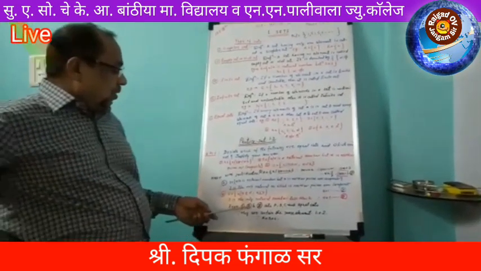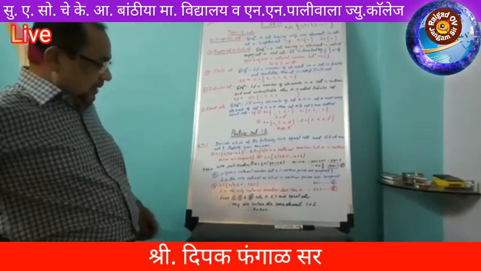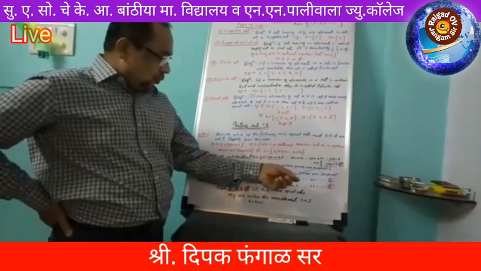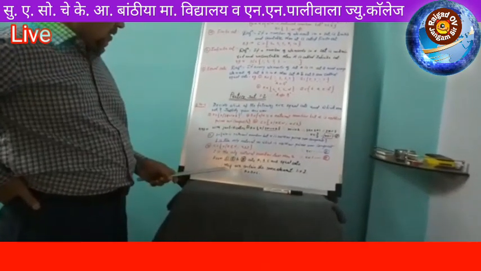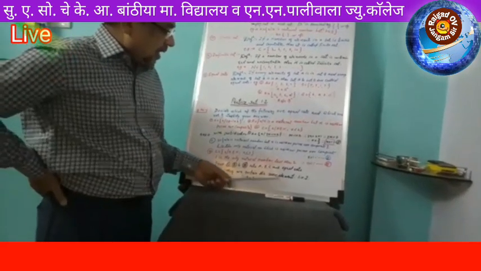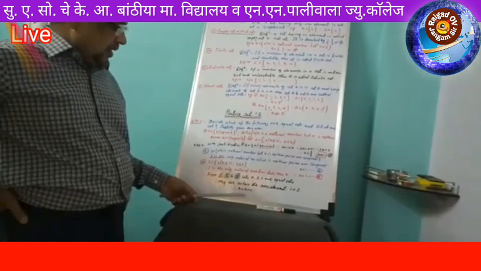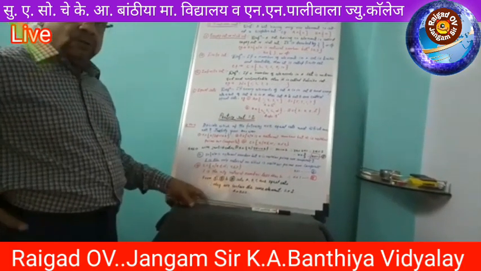Therefore from 1, 2 and 3, sets A, B, C are equal sets. Why are these three sets equal? Because every set contains only one element, 1, 1 and 1. Hence they contain the same element, that is 1. Therefore finally we write these three sets are equal. That is A equals B equals C.